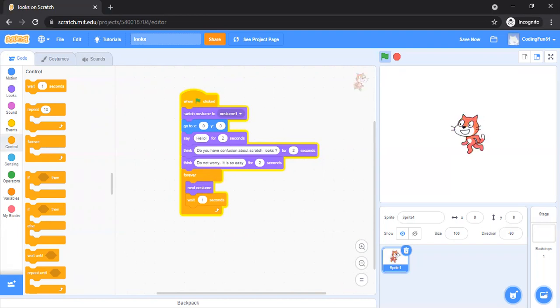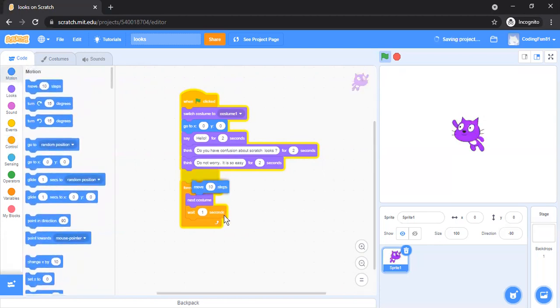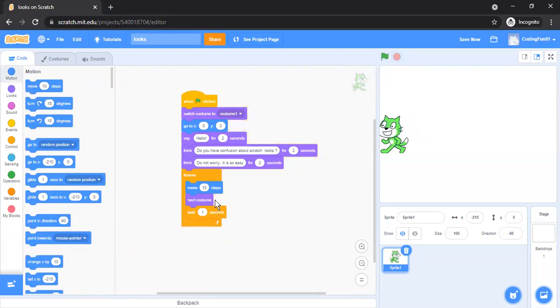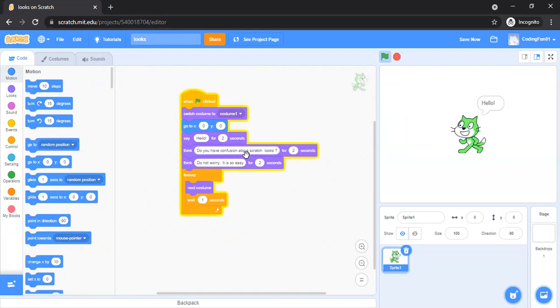Okay, with this if you want that it will be moving, you can. Done. I just move this one and just put it here. Okay, so this is about the costume change.